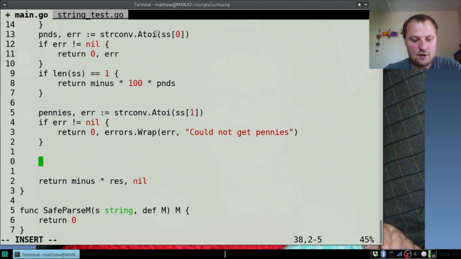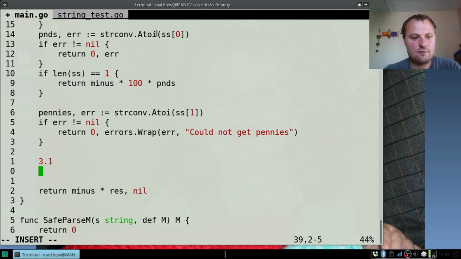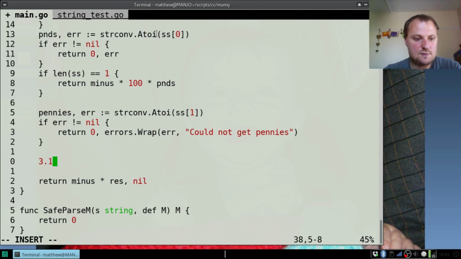If you've got 3.1, that's going to convert to 3 and 1, so you can't just add it directly. We need that 1 to be a 1 0. But a 0 1 is correct. So we actually need to use the length of SS